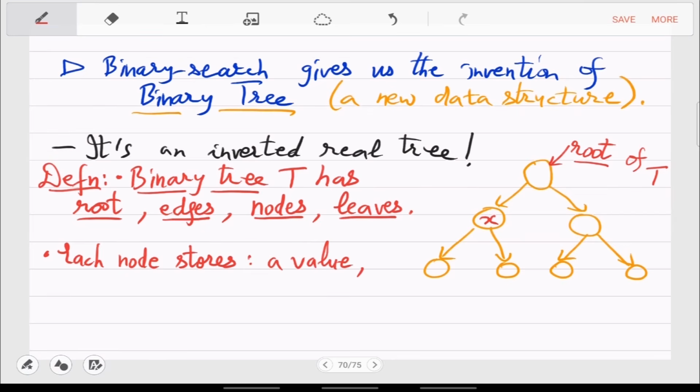I mean, the value can be an integer, it can be anything, right? The value can be a different data structure itself. It can be an array. So we don't get into that. So the information that is stored, we are calling value. But 2 more important things are needed, which are a pointer to left and a pointer to right.